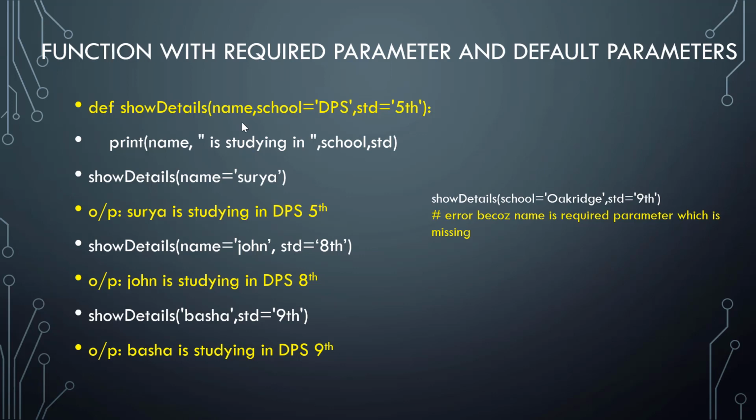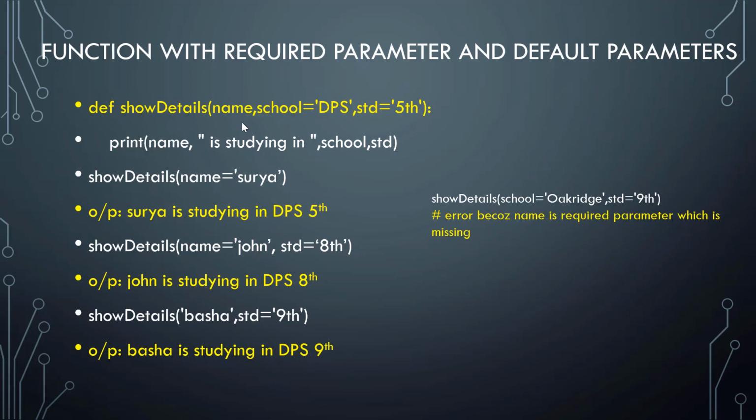And in interviews, they'll ask you how many types of parameters are there in functions in Python. You have to say number one, required parameters, which force you to pass a value. Number two, default parameters. You may pass or you may skip the value, no issue. When you skip the value, whatever default value you have given at the time of defining the function will be passed. Okay, and then keyword arguments, third way.